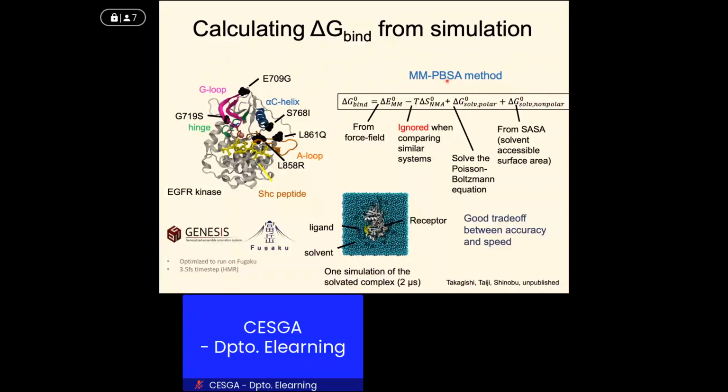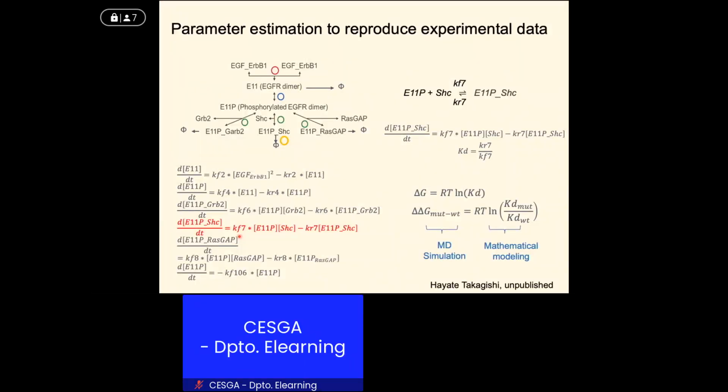So we use this method. For this simulation, we use the Fugaku supercomputer and also the software called Genesis, so that we can run parallel MD simulations on Fugaku. And then, for the parameter simulation of the EGFR and the SIC, we usually write the equation